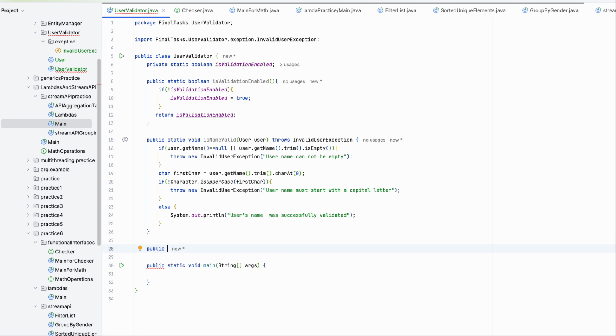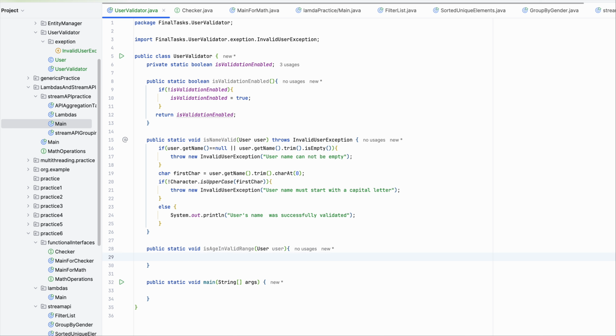Public boolean. No, public static void is age in valid range, and we pass user again, and